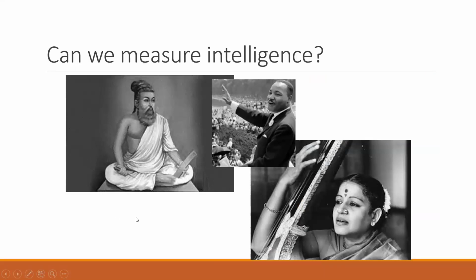So I was giving an example of why we can measure intelligence. I have chosen three very contrasting people. One of them is Tiruvalluvar, a sage scientist, at least 3,000 years old, who made a major contribution. Nobody would know. Even today,